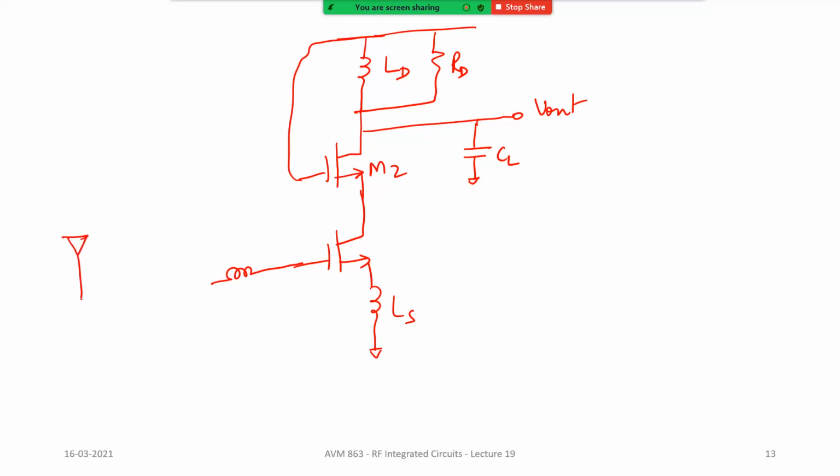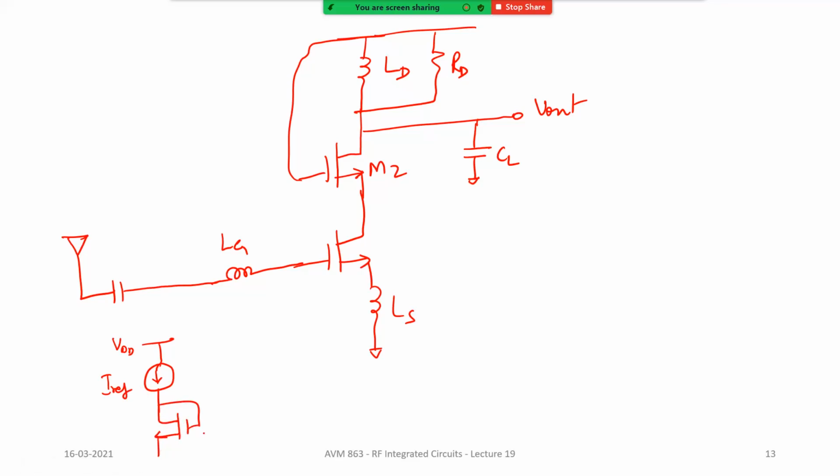Now let's say you have an antenna, you have to AC couple this signal, right? And now you have to feed in the DC bias. Now how can you feed in the DC bias? The same way like how we talked about last time. You have a current source, let's say this is VDD, some reference current source. Okay.